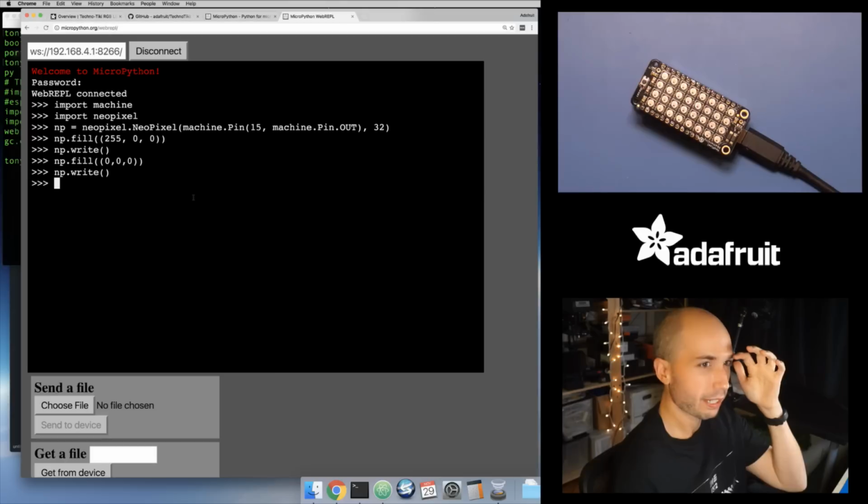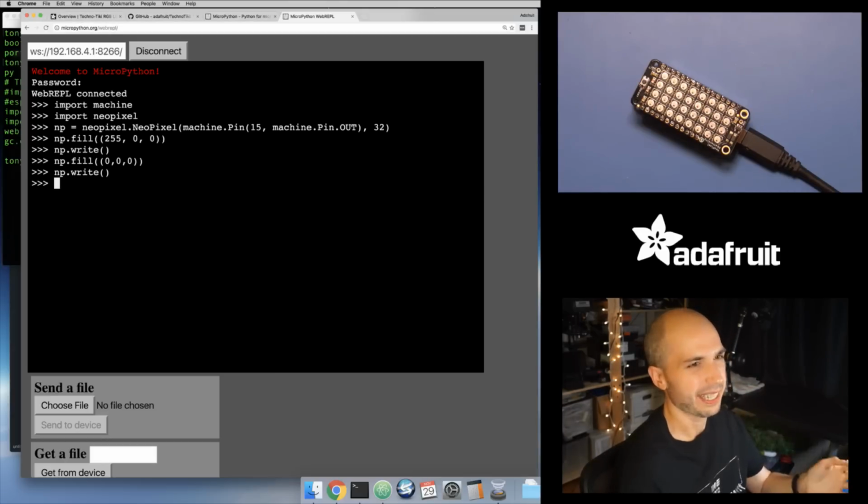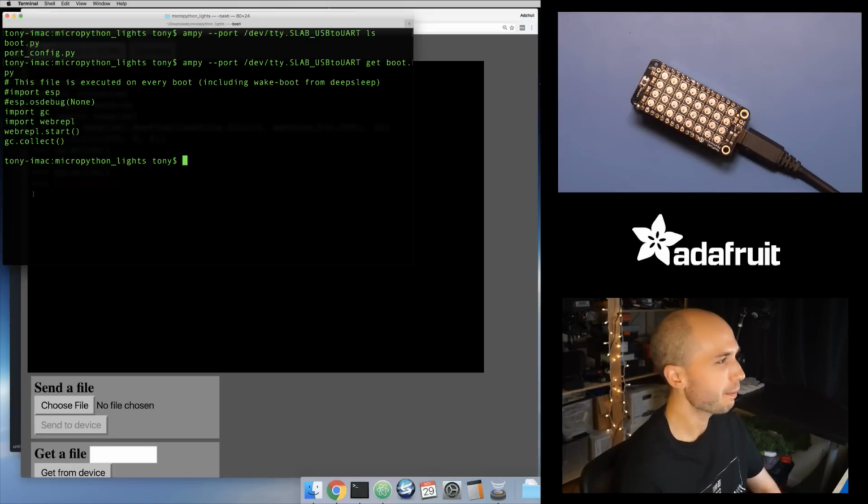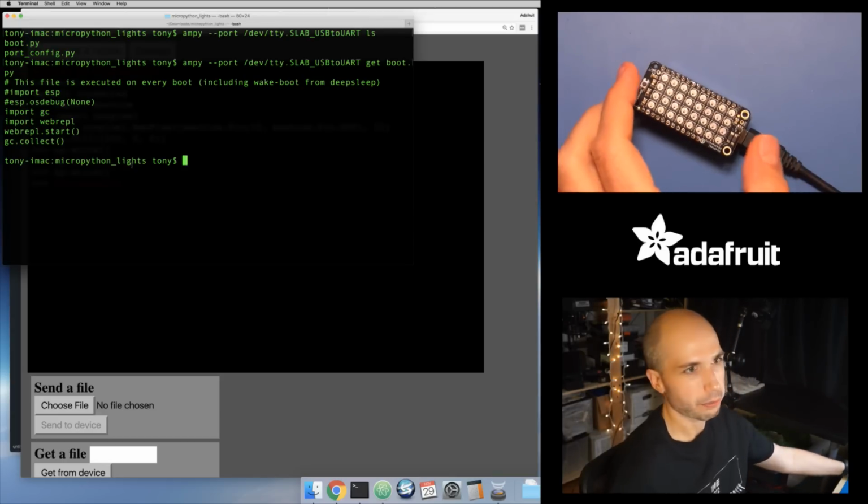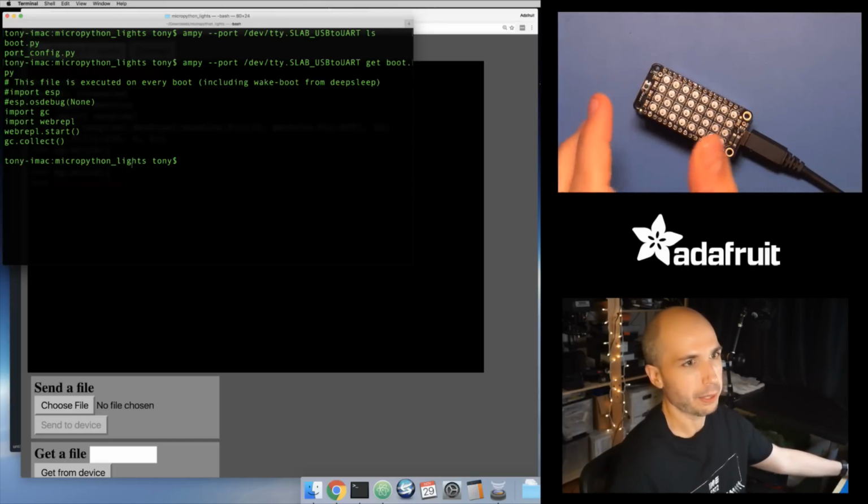Now I'm going to disconnect from the web REPL right now. Again, I just wanted to kind of show the web REPL, and eventually this is how I'm going to control this thing remotely. But I'm going to use the ampy tool to develop a script on my computer here, and send it over to my board using the serial connection. I think it's a little bit faster of a development process because I can write a script on my computer, and then once it's in a good state, I can save that script as the main.py file on my board,